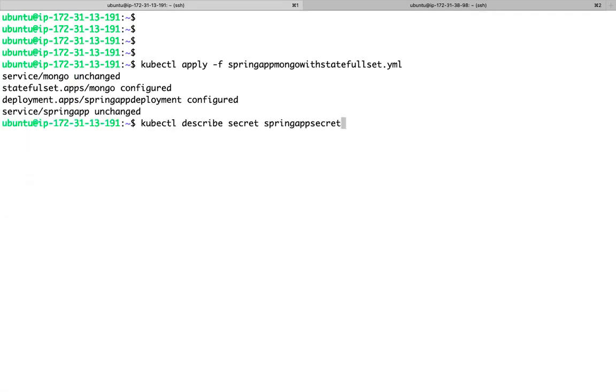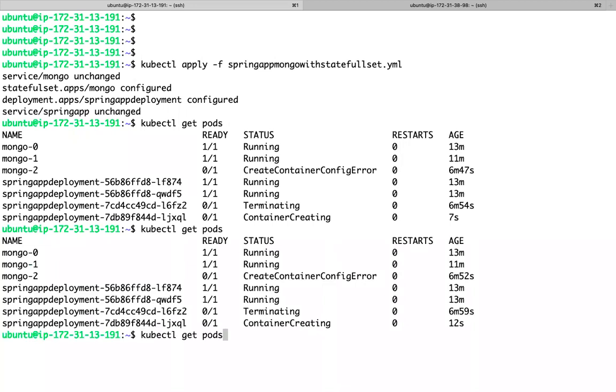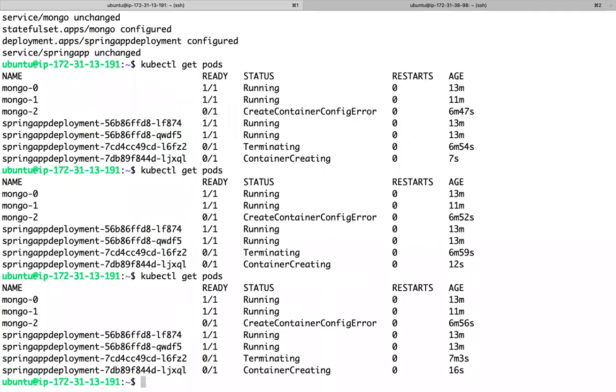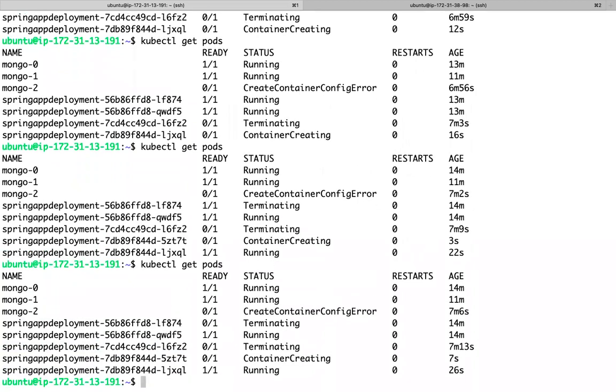Now if you see, our pods will be created now. It is getting created and it will terminate the previous pods and create new pods.